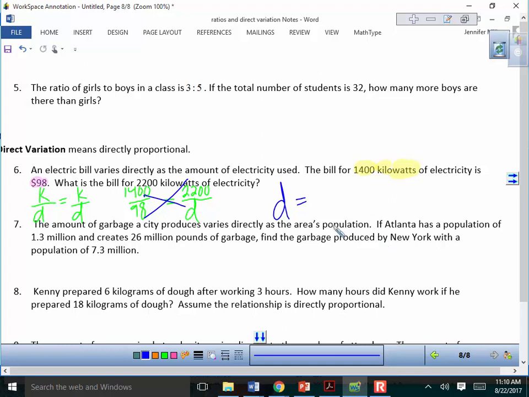Okay, 154 what? Dollars. So I need a money sign here. Okay? Raise your hand if you have a question. I'm going to do one more, and then I'm going to set you guys on your own. Number 7 says the amount of garbage. Read number 7 for me, please. Ford, read number 7, please. The amount of garbage